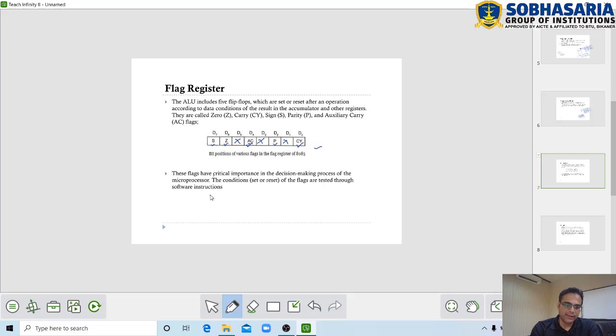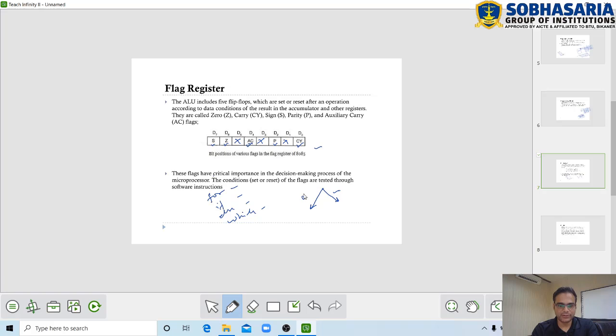Remember that in C language we have for loop, if-else conditions, or while loop, wherein we test some conditions and make decisions whether we want to perform a certain operation or not. So if there is decision making whether we want to perform some task or some other task, those types of decision making will be done based upon these